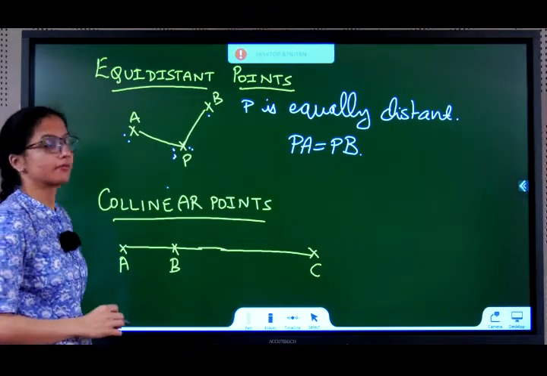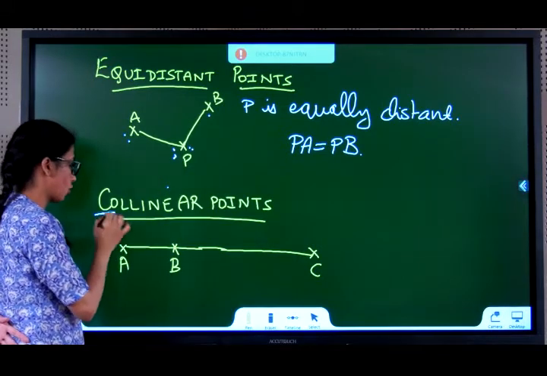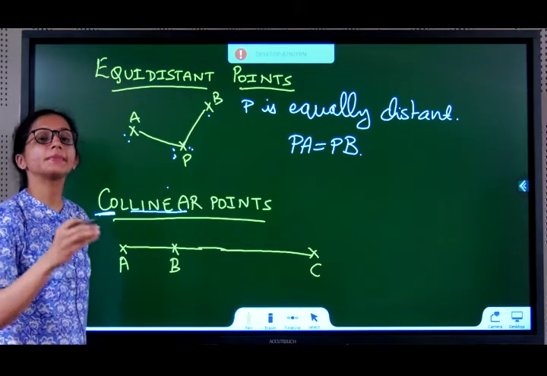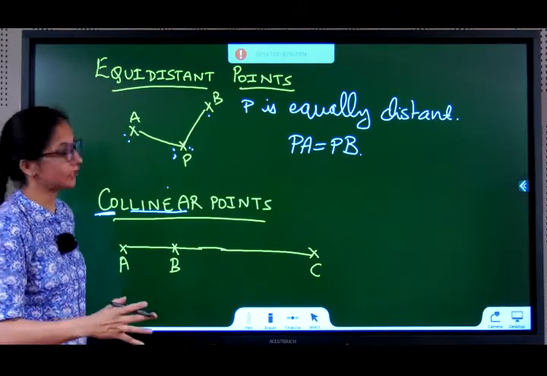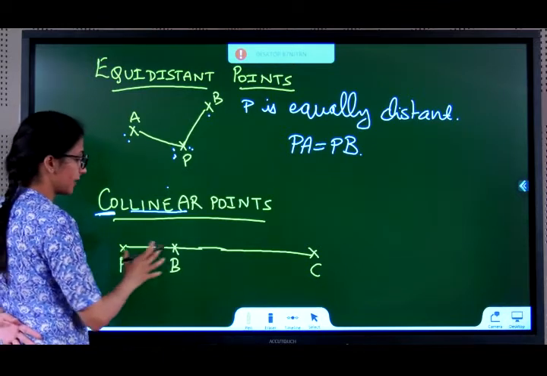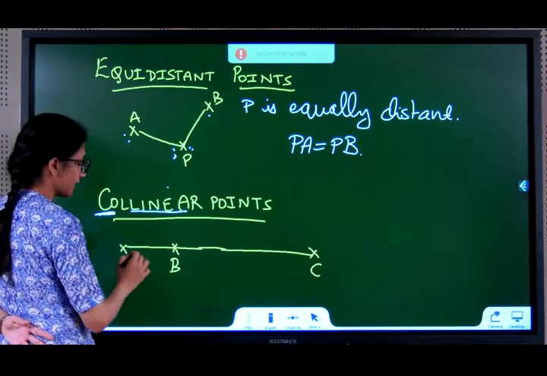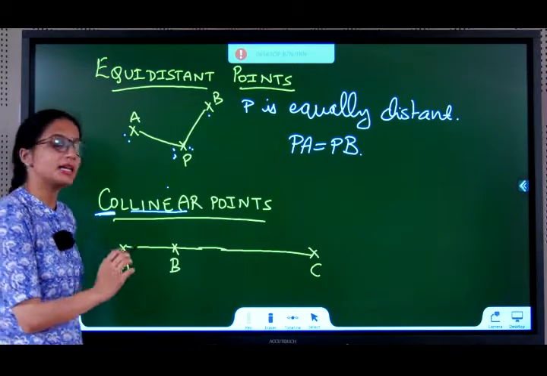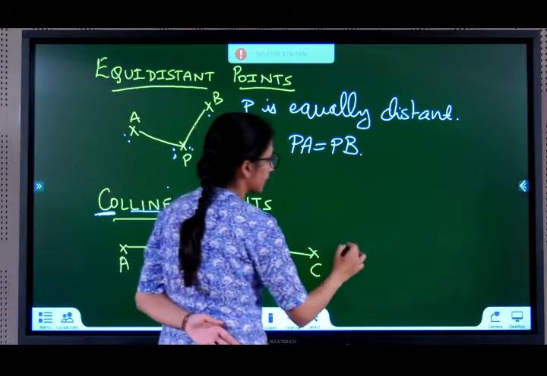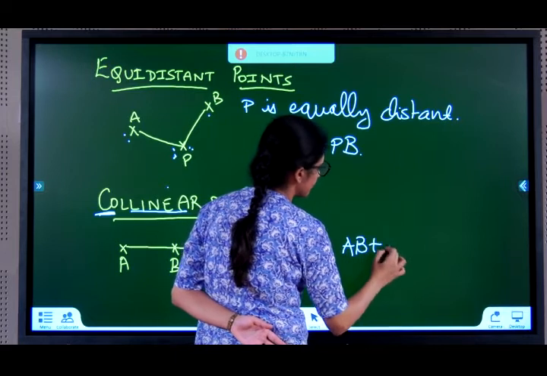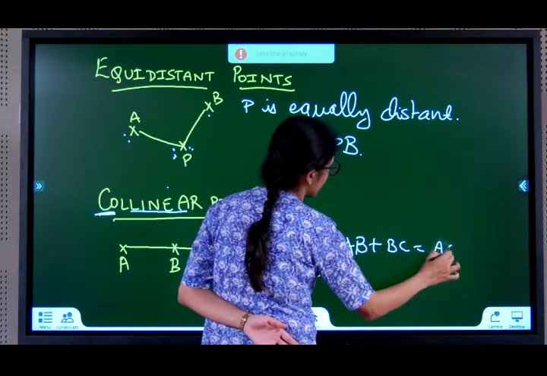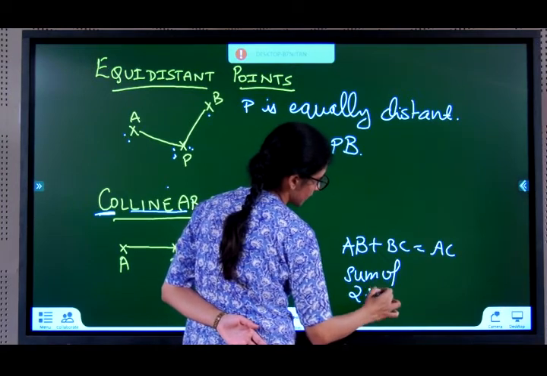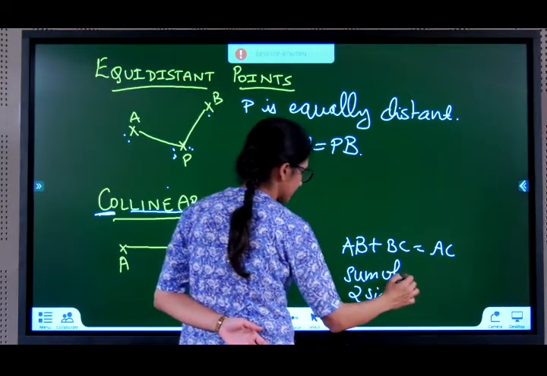Collinear points. What are collinear points? Co means same, linear means line. Points lying on the same line are called collinear points. If the points are lying on the same line, so if I say this is 3 centimeter and this is 5 centimeter, can I say it's total 8 centimeter? Yes. So for collinear points, you can say AB plus BC is equal to AC. That means the sum of two sides or two line segments is equal to